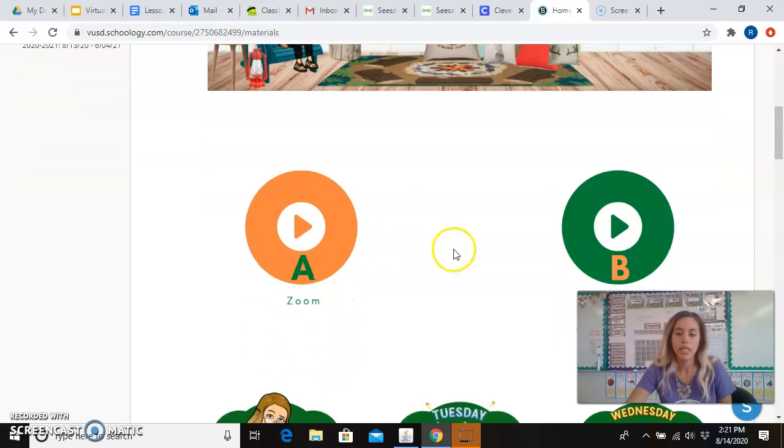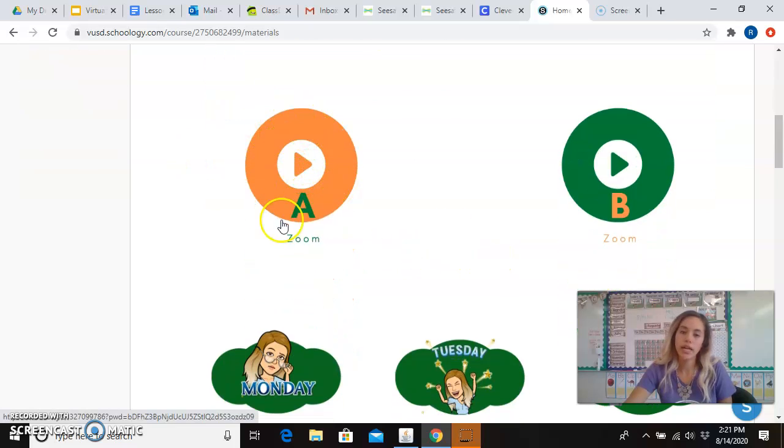And here are the Zoom links. This is for track A. If I told you your orange team, this is where you go for our Zoom meetings. If I told you your green team, this is where you go. So